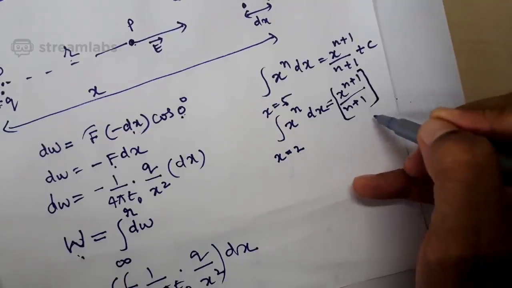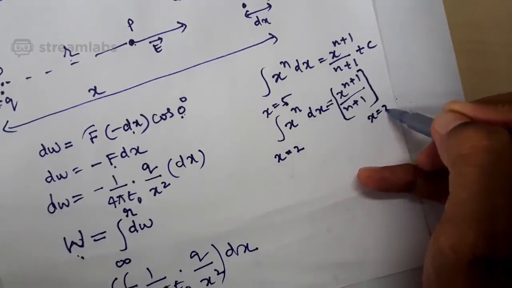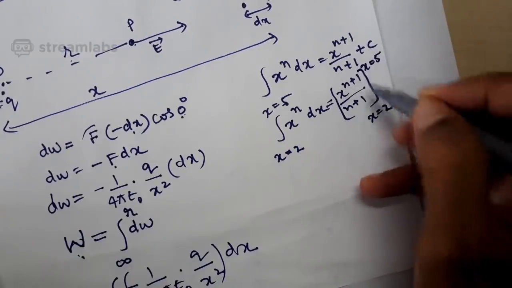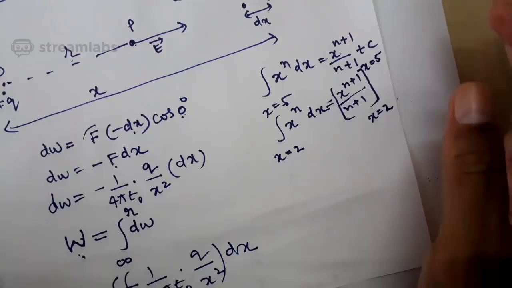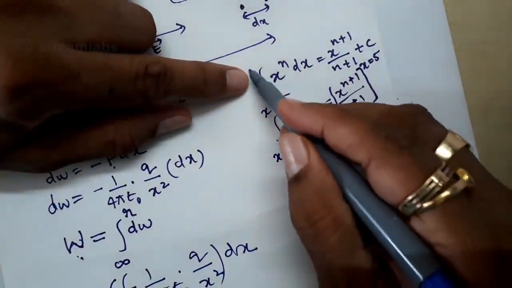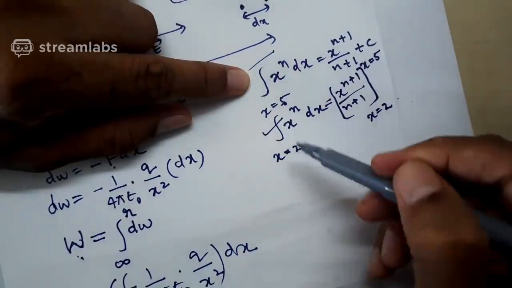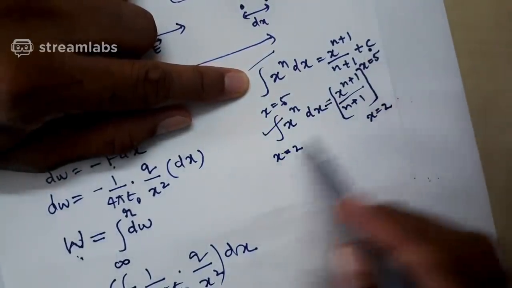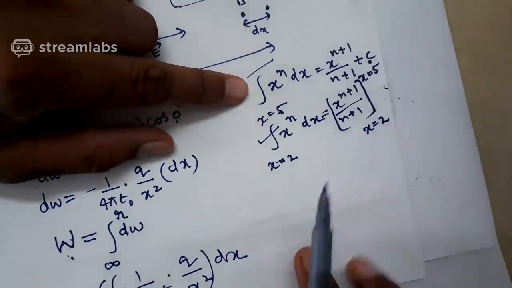Then I have to put the limits. After integration, I should put a bracket. Then I have to put the limit. How to put the limit, we'll discuss. I have to write the limit values at the edges of the bracket. You must be knowing, we'll recall. That's a different thing. This is called indefinite integral. This is called definite integral. In an indefinite integral, there is always something called the integration constant. In a definite integral, the integration constant is always 0.